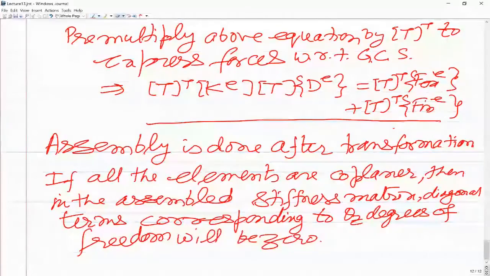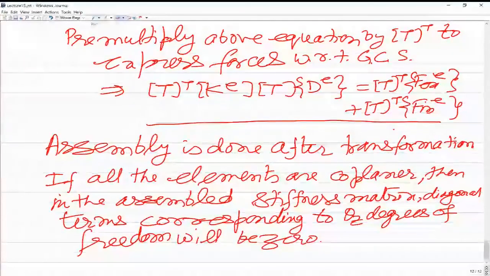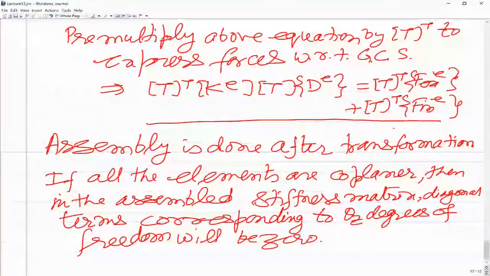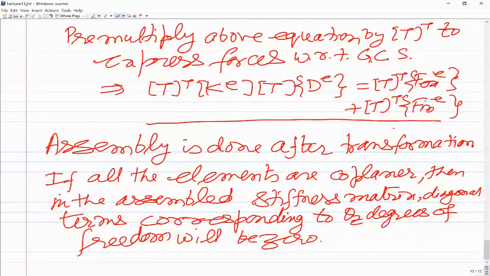Sir, then this situation will not be a shell element. Yeah, essentially it is a flat plate element, but ultimately you might end up using the same program, or the same element, for all the elements coplanar or non-coplanar. So that is why I'm explaining this, that if you have this formulation you need to do this. Obviously it will not be a shell element in that case. So if we model a shell by this flat element, they are also referred to as facet elements, because they are flat elements. So the theta z degrees of freedom will be 0,